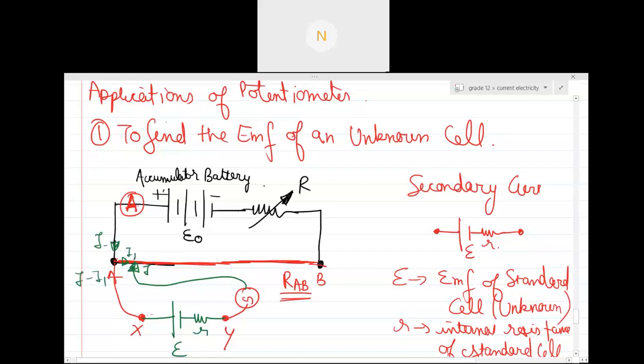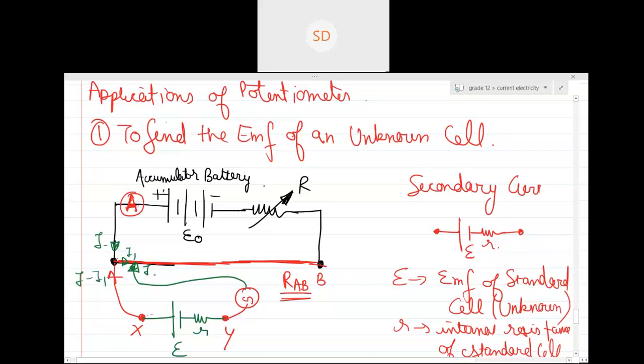Now as soon as you touch the jockey near point A, the current will start distributing again. So when the current starts distributing, what happens? There will be certain current which will be flowing through this branch, right? So basically, what you will do when you increase the resistance over here, when you move the jockey over here at this side,